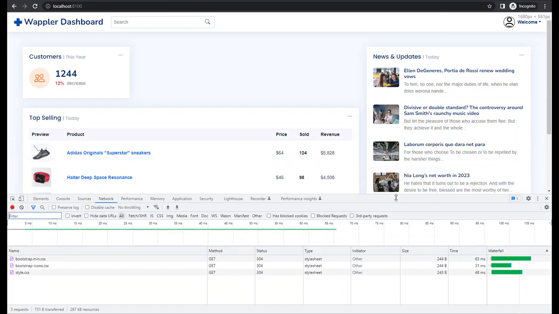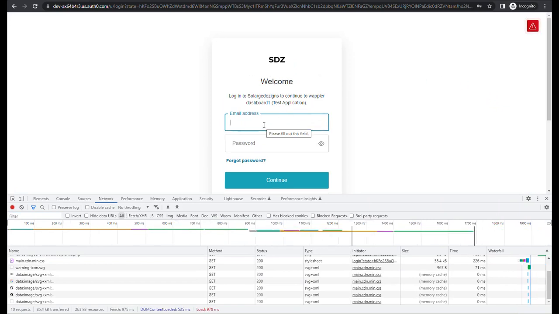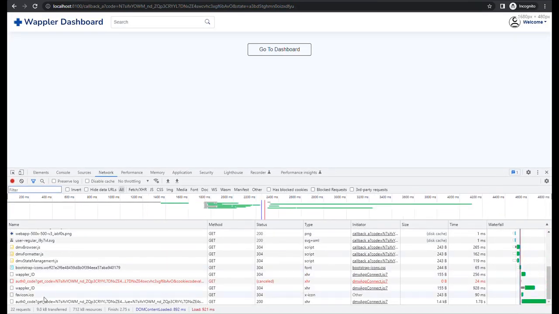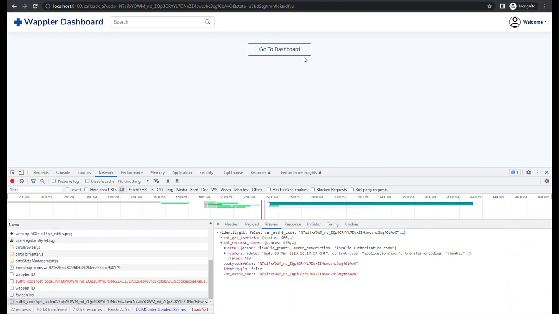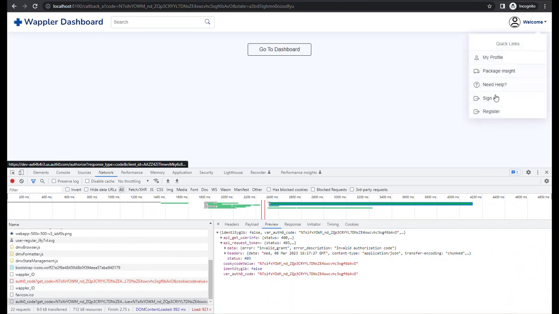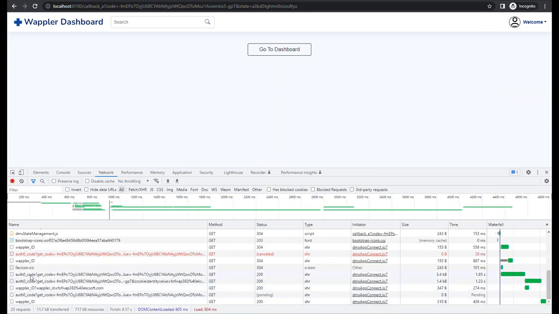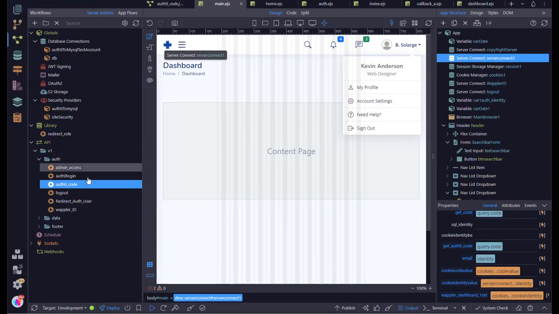If you recall, once we initially ran the flow and logged in, we get our code. For some reason, on the first login I keep getting this invalid error. Anyways, let's initiate this one more time. Okay, so here we go. Once we trigger that sign in flow, hit enter and sign in, all of that takes place